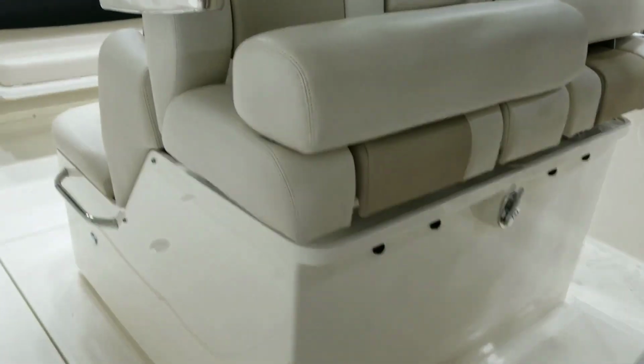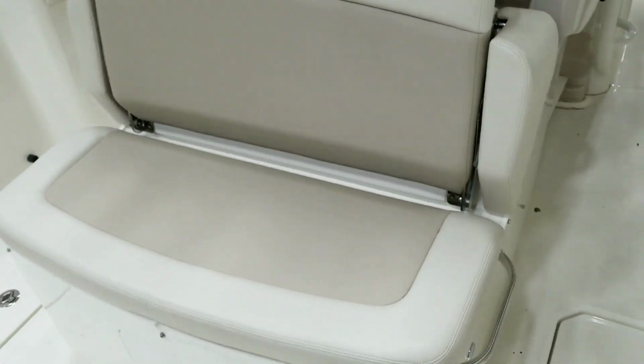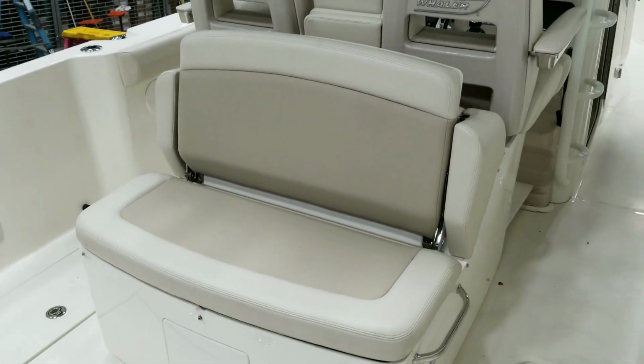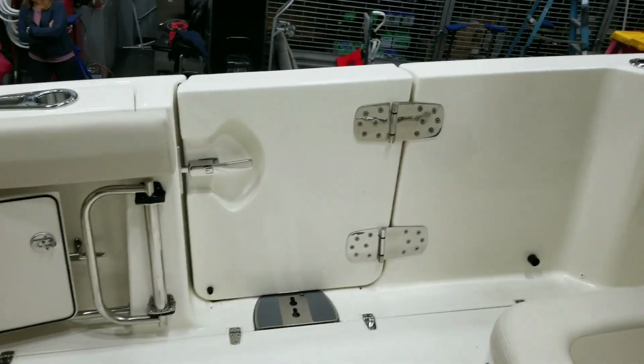This leaning post, comfortable chairs, this Whaler's patented back. There's plenty of deep seat storage. Fish boxes, both port and starboard, as well as a side transom door,